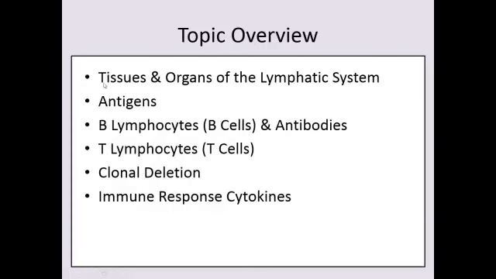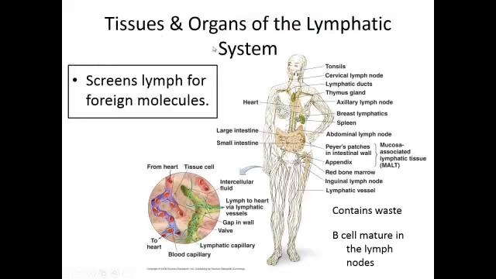In this topic, we're going to be covering tissues and organs of the lymphatic system, antigens, B lymphocytes, also called B cells, and antibodies, T lymphocytes, or T cells, clonal deletion, and immune response cytokines. Let's go over the tissues and organs of the lymphatic system, as well as the movement of lymph through the